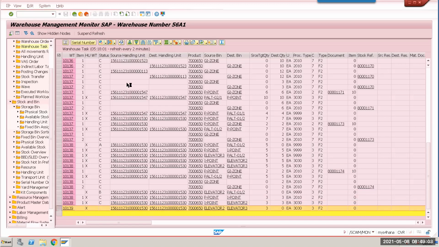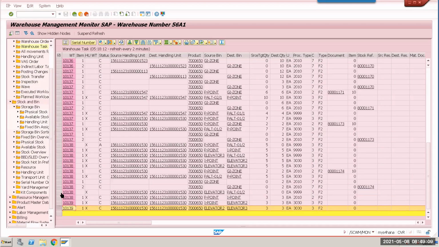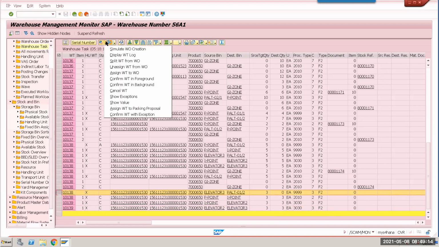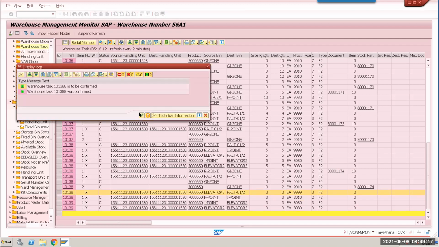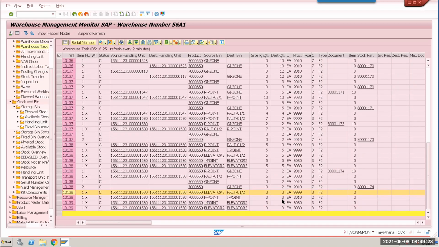So, sir, in this case, ID point check active is not necessary, right, sir? No, exactly. You are absolutely right. ID point tick box is not necessarily to be active. A table entry is going to play a major role. Okay, sir. But in pick point, it has to be active. Pick point should be active, yeah, because it is coming from the starting point, right? So inbound ID point check is not required for the intermediate storage type at the storage type level, correct? It's not mandatory. 56 AP is the final bin. It's not required to activate. Okay. I think it's working.